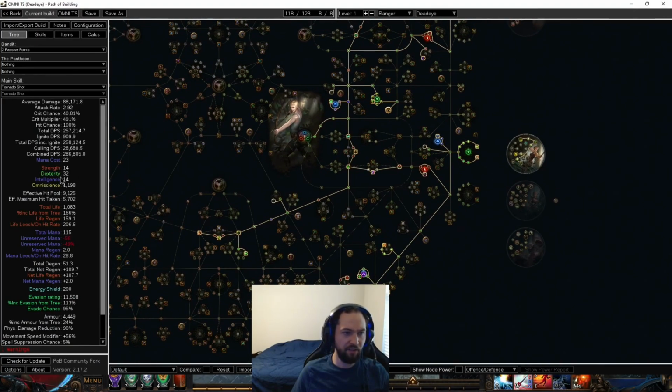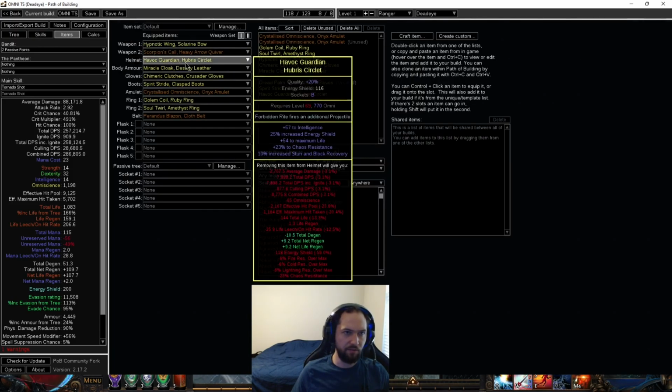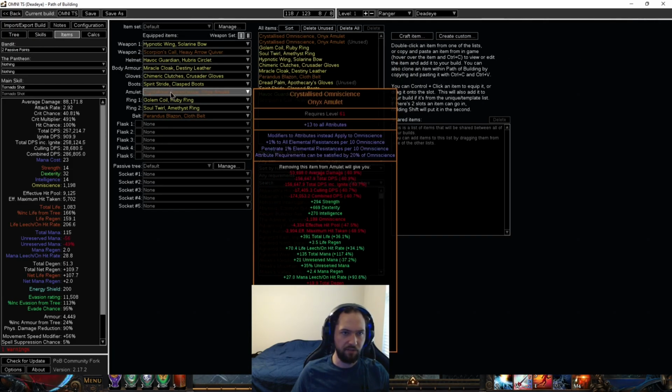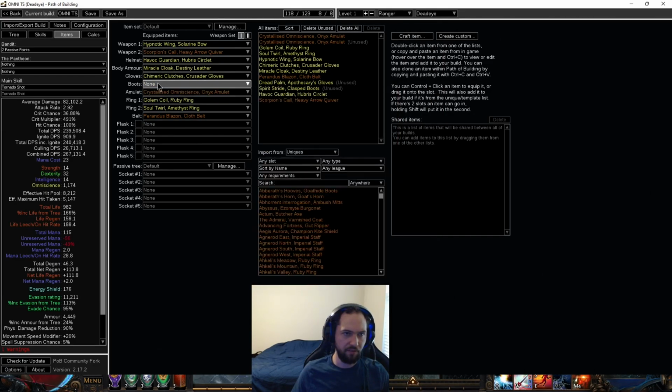So as you see here, your attributes will be whatever class you pick. It will be your starting attributes for that class, and then you'll have an omniscience rating here. Now it will tell you how much you need to equip your gear. So let's go to items and let's start unequipping some stuff here. Let's unequip that,